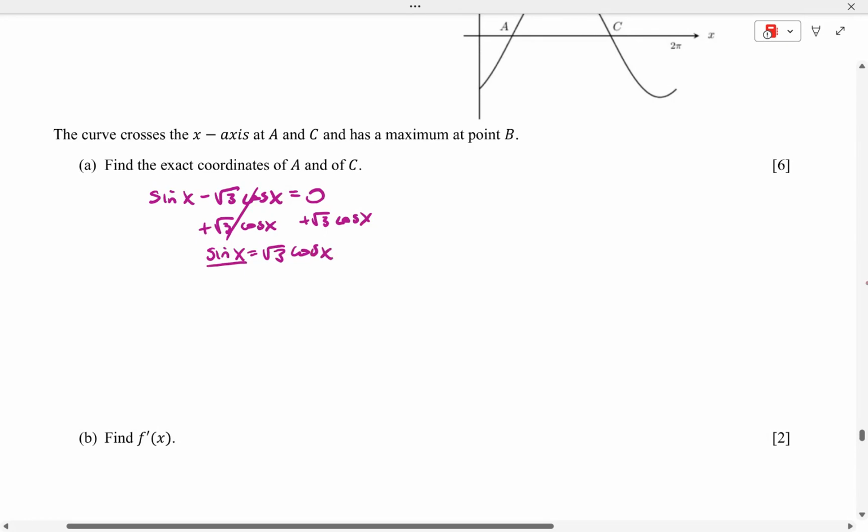And then I'm going to divide both sides by cosine of x. And I get tan x equals radical 3. So, common trig ratios chart, we all have it written down already. What's it going to be? Pi over 3. Good job. So my reference angle is going to be pi over 3. Now that we have our reference angle, we need to consider